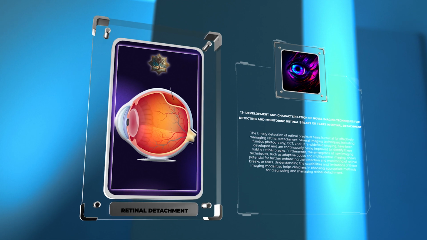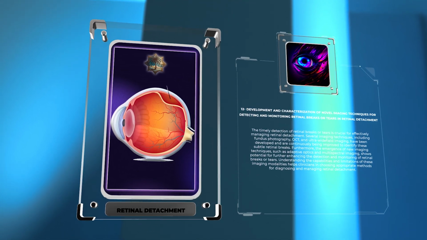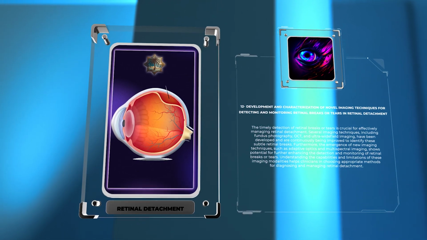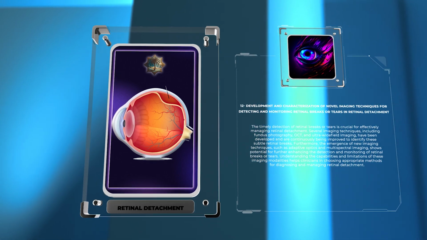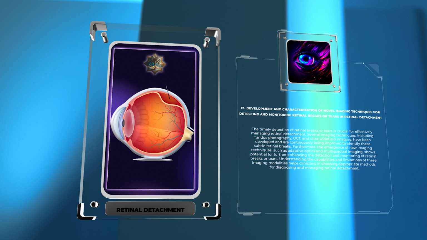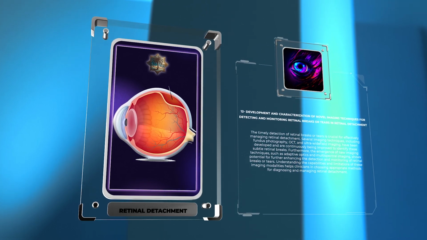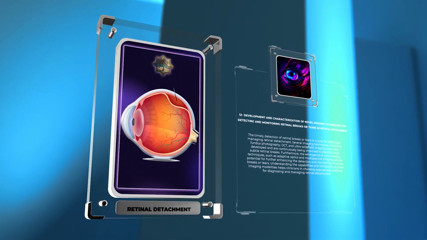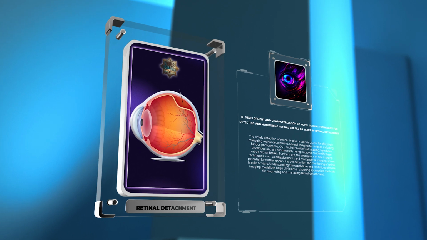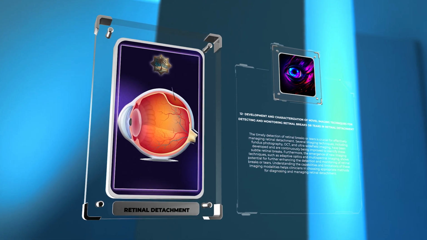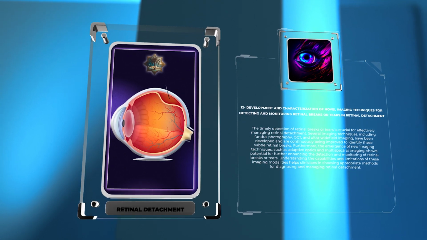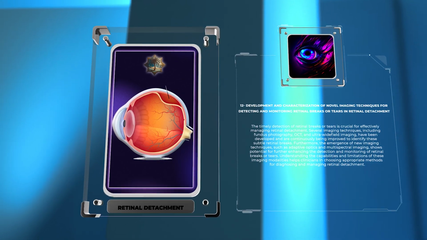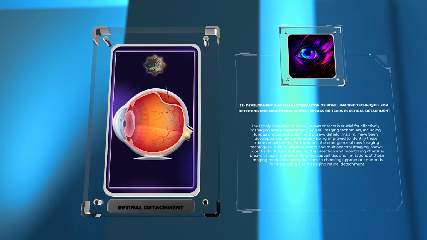Several imaging techniques, including fundus photography, OCT, and ultra-widefield imaging, have been developed and are continuously being improved to identify these subtle retinal breaks. Furthermore, the emergence of new imaging techniques, such as adaptive optics and multispectral imaging, shows potential for further enhancing the detection and monitoring of retinal breaks or tears. Understanding the capabilities and limitations of these imaging modalities helps clinicians in choosing appropriate methods for diagnosing and managing retinal